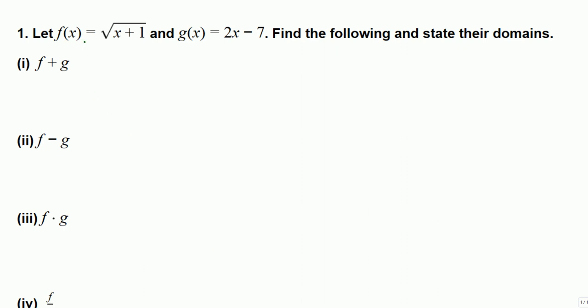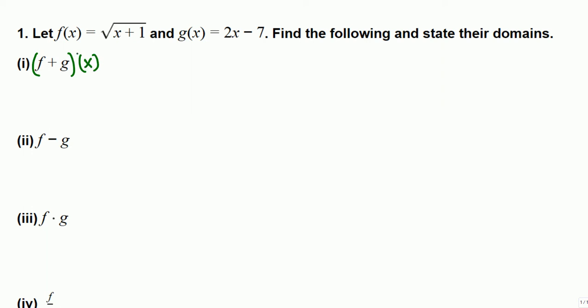Let f be root x plus 1 and g be 2x minus 7. Find the following and state their domains. So f plus g, basically we are adding these two functions. Okay, so we can write f plus g